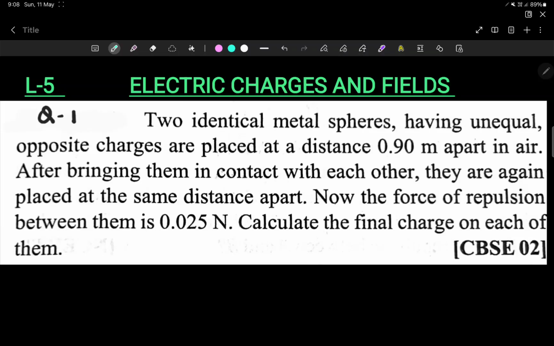So it is given two identical metal spheres having unequal and opposite charges are placed at a distance of 0.90 meter apart in air. After bringing them in contact with each other, they are again placed at the same distance